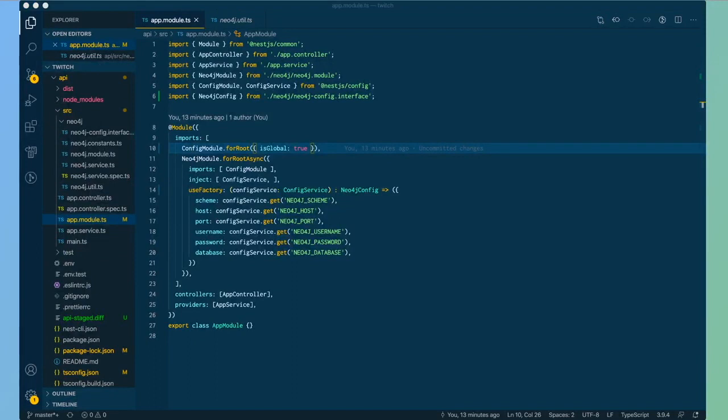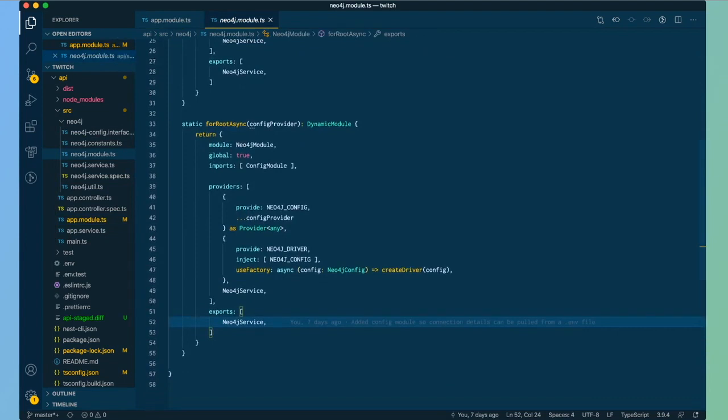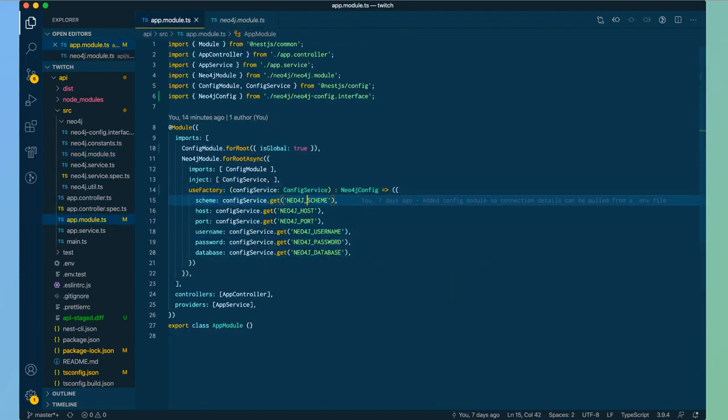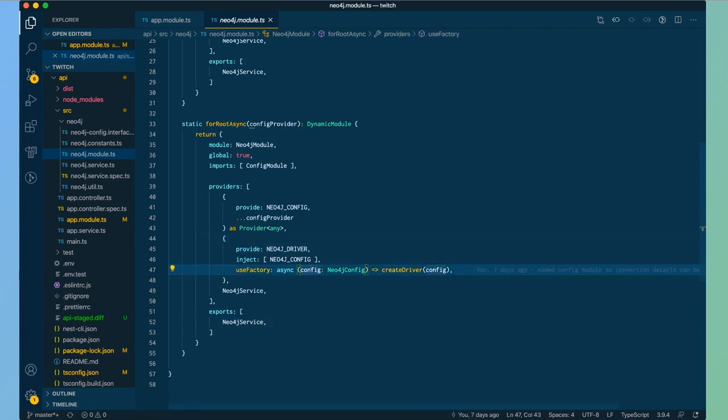In week one, we installed the Nest.js command line tools and then basically dived into the fundamentals. We ended up the session with a Neo4j module. This Neo4j module basically takes the configuration object, in this case from the configuration service and from a .env file, and then loads that into a config object, and then uses that information to build an instance of the Neo4j driver. And then that driver is created as an injectable item that can be injected into